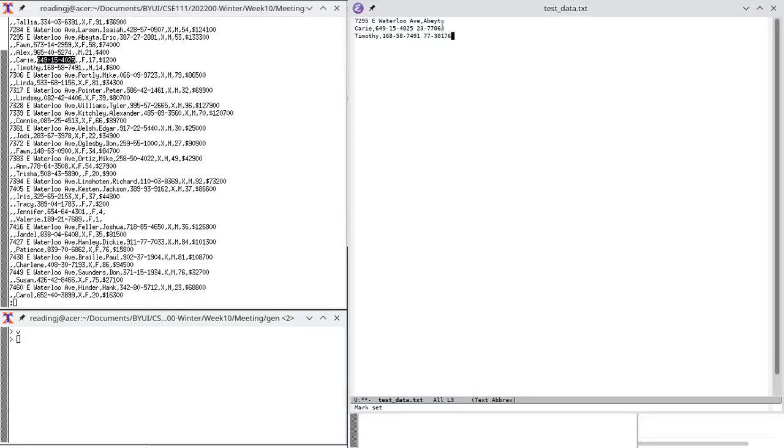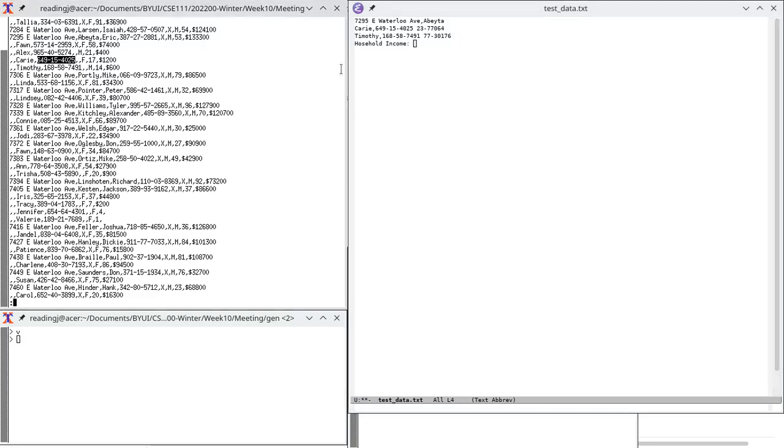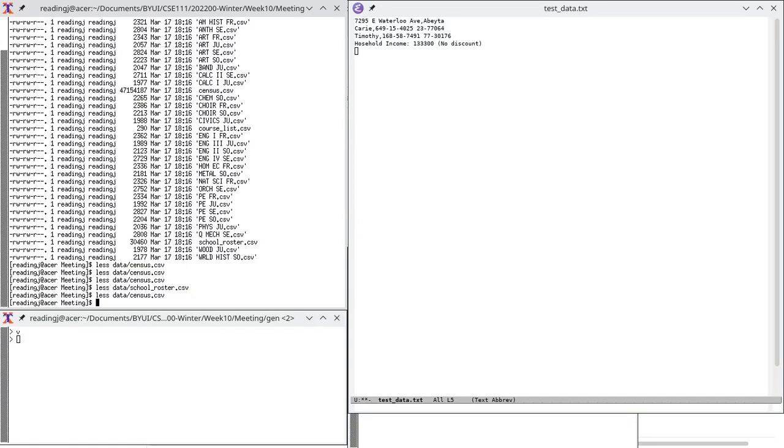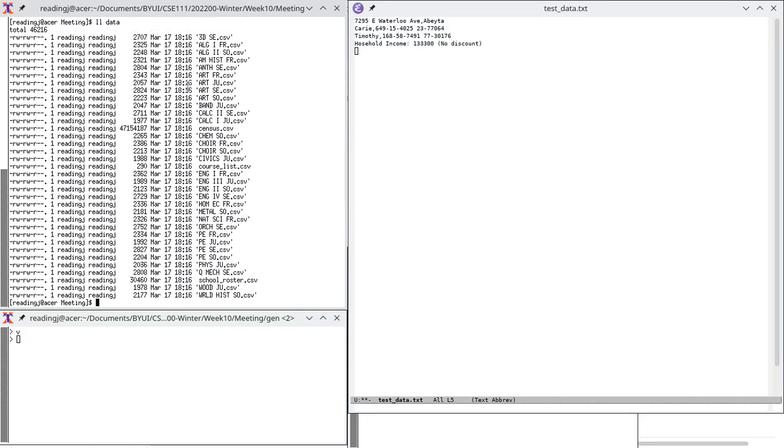So I know there are two students. I need to get the household income, which we already know is greater than 100,000, so there's no discount. So I don't really need to know exactly what their household income is. But I do need to find the GPAs for these two students. So if we look at data again, we've got the census data in the school roster, but then we've got